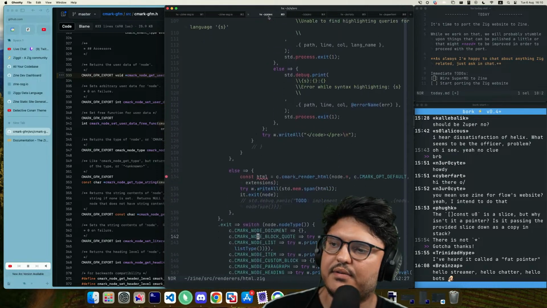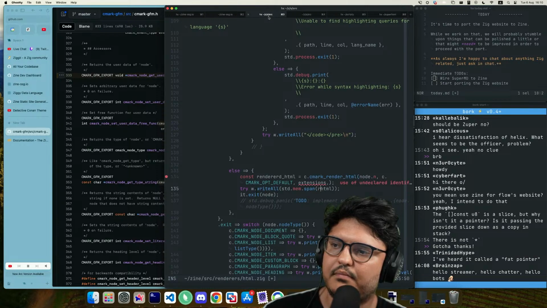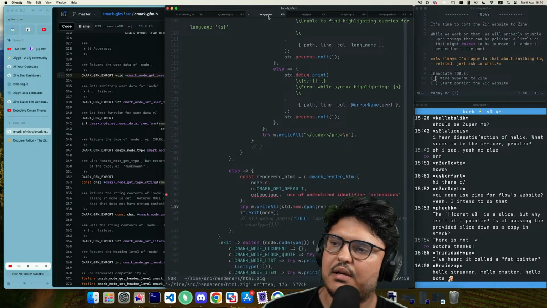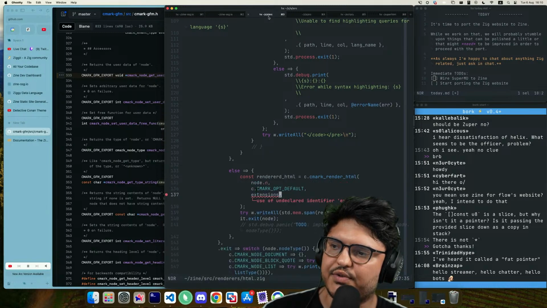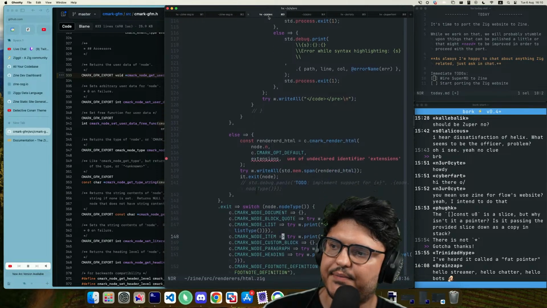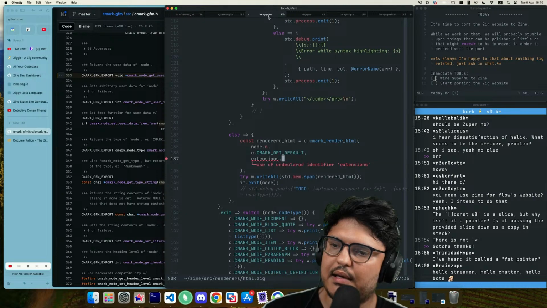There's another thing that's called HTML. Rendered HTML. And that brings us to extensions. Right. Extensions.